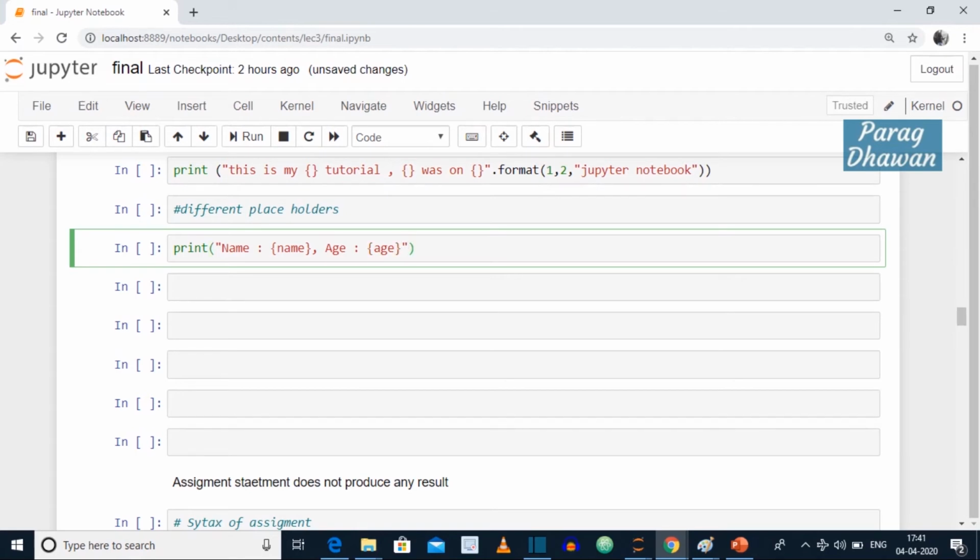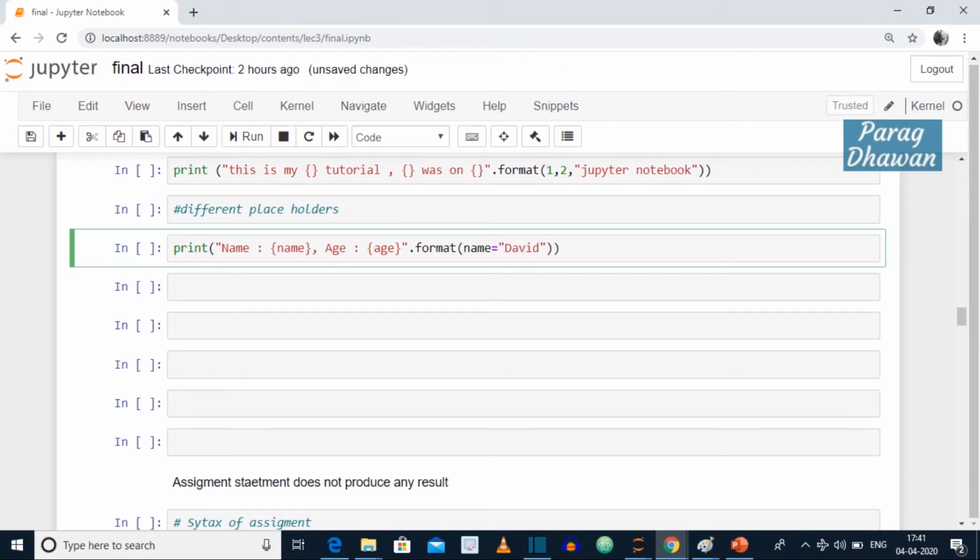After the double quotes you give the dot format method, opening parenthesis, closing parenthesis.